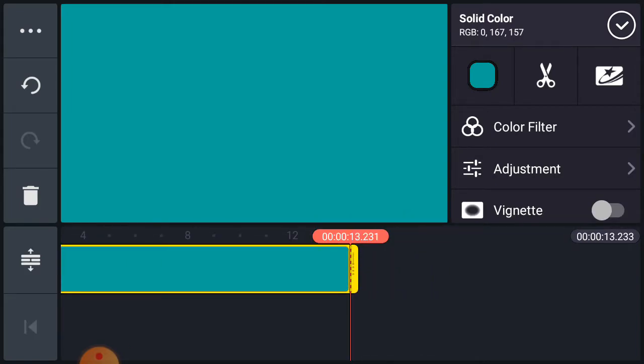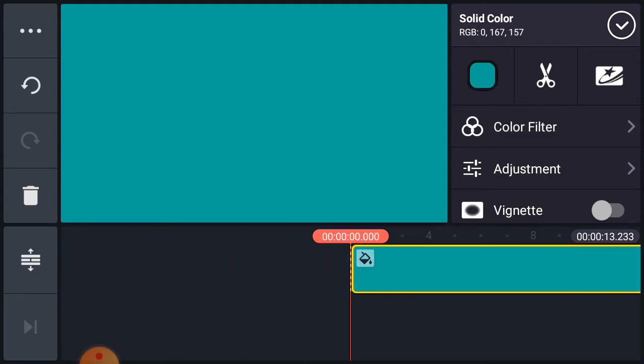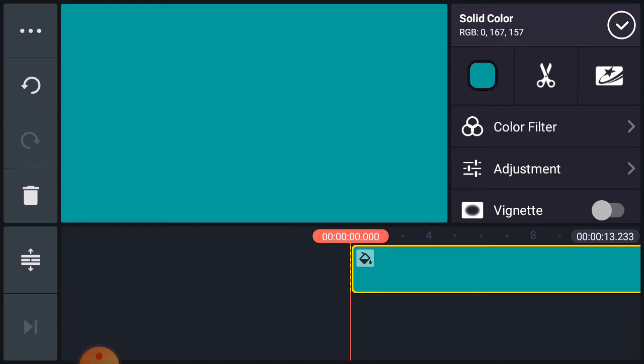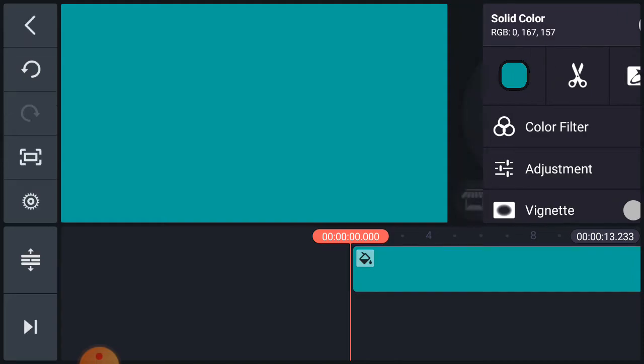Suppose I want this 13 seconds. Once I select the color and drag this to select the time period, I will click on OK.